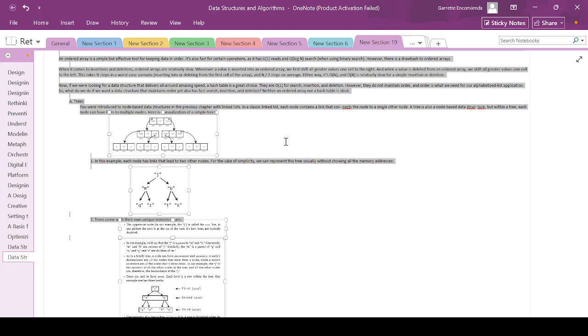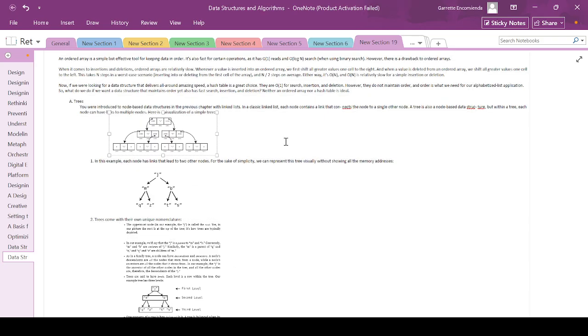They are O(1) for search, insertion, and deletion, not just reading, right? However, they do not maintain order, and order is what we need for an alphabetized list application. So what do we do if we want a data structure that maintains order yet also